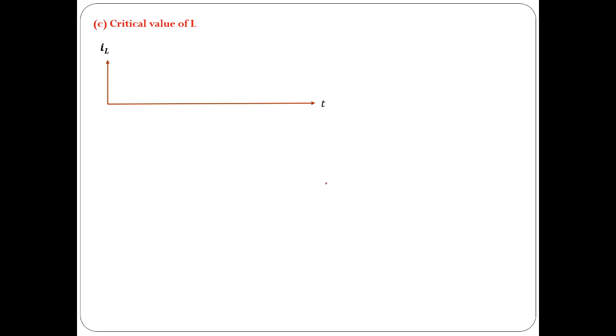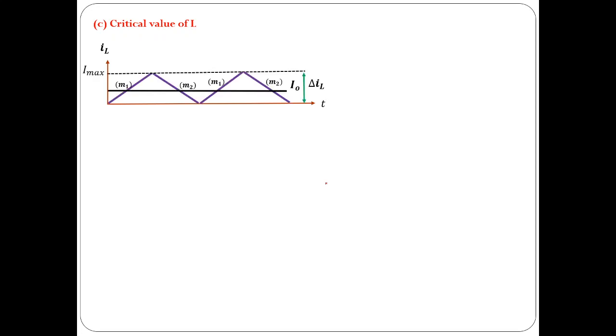So far our analysis is for discontinuous case. Now what you have to do is that you have to increase the value of inductance so that current becomes just continuous, and find out what is the value of inductance. So that is same as critical value of inductance. So that is corresponding to this boundary condition. So it is at the boundary of discontinuous and continuous current mode operation. So let me consider L equal to LCR. So converter is operated at boundary of CCM and DCM.